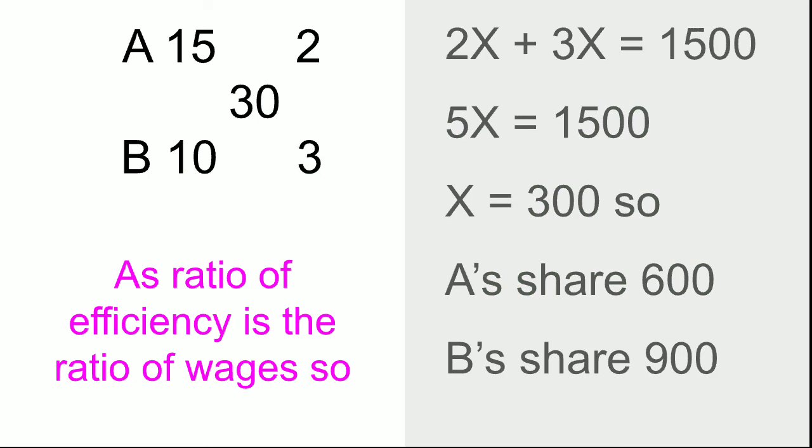Here I have shown time taken by A, 15 days, and time taken by B, 10 days. I have taken the LCM of 15 and 10, that is 30. So 30 divided by 15 gives efficiency 2, and 30 divided by 10 gives efficiency 3. As the ratio of efficiency is the ratio of wages, so